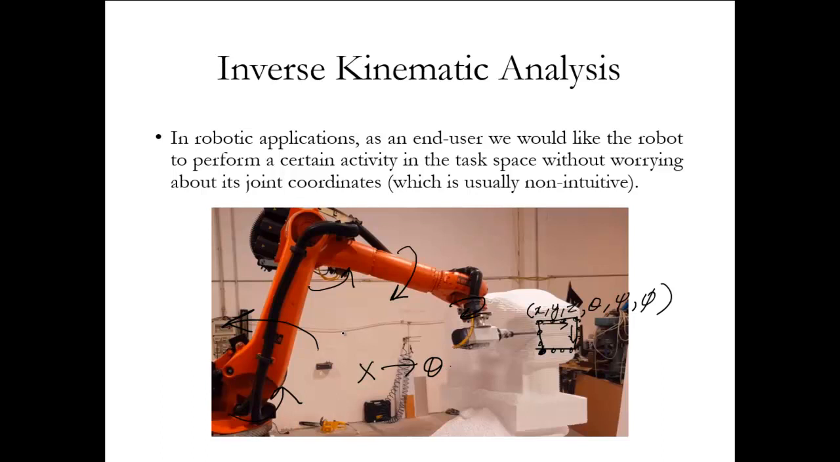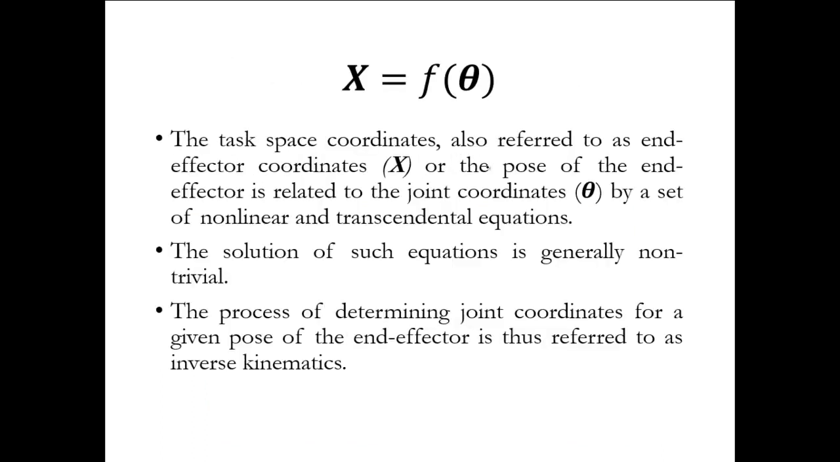Alright, so inverse kinematics is actually finding out these thetas for a given end effector pose. These are also called task space coordinates, or the pose of the end effector. We have seen by forward kinematics that end effector coordinates are related to joint coordinates by the transformation matrix. So obviously we will use the same matrix here again, but we should understand that this matrix